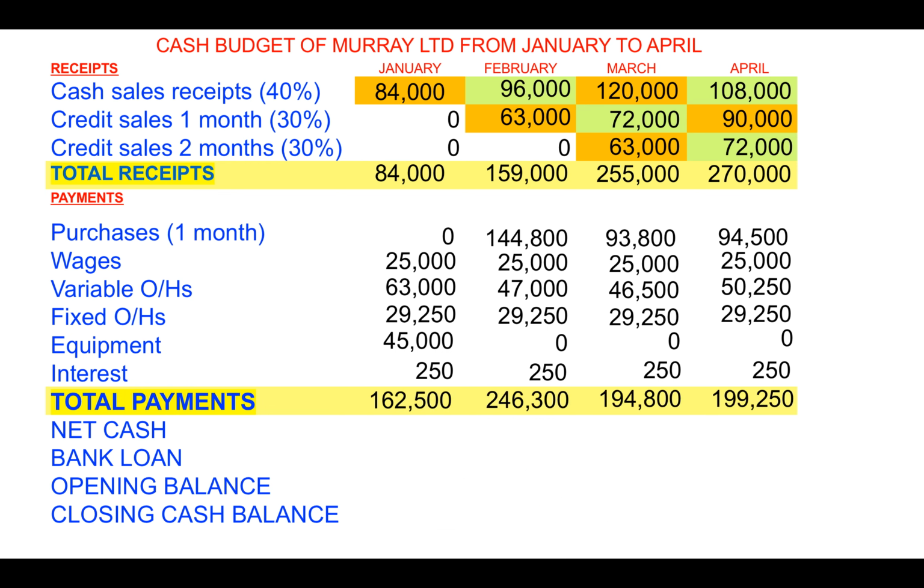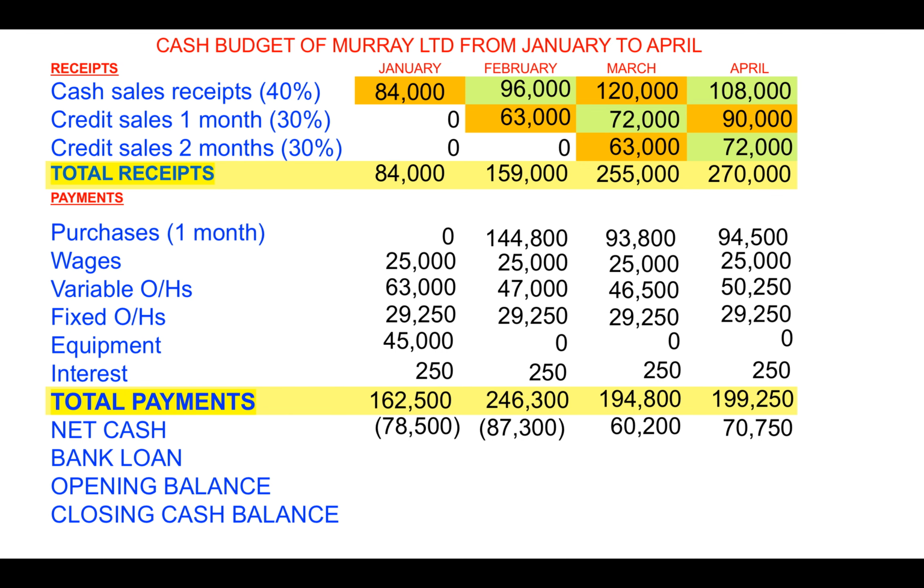You tot up your payments, and then to get your net cash, you go total receipts minus total payments. So in January, 84,000 minus 162,500 is minus 78,500. February's 159,000 total receipts minus the total payments of 246,300 is equal to minus 87,300. March's 255,000 minus 194,800 is equal to net cash of 60,200, and April's total receipts 270,000 minus total payments 199,250 is equal to net cash